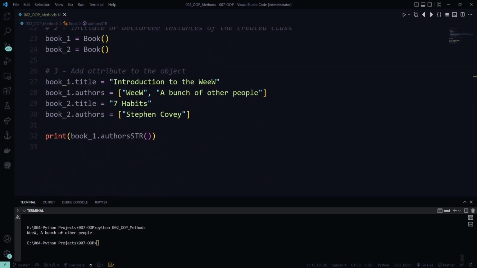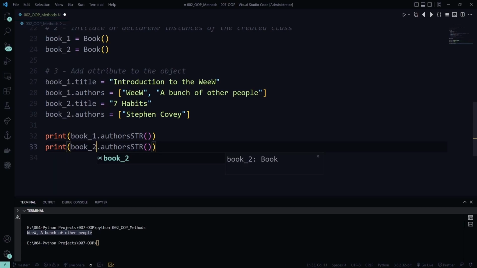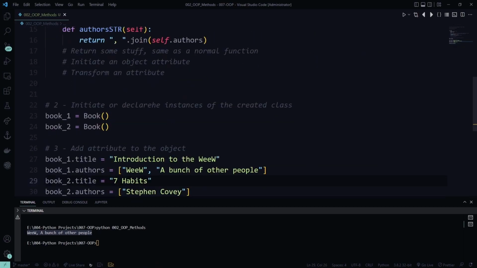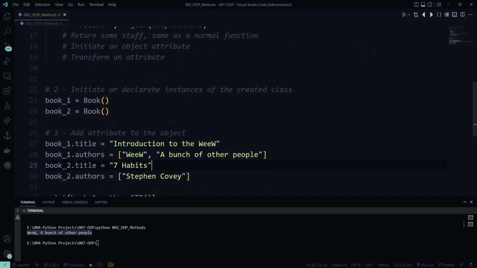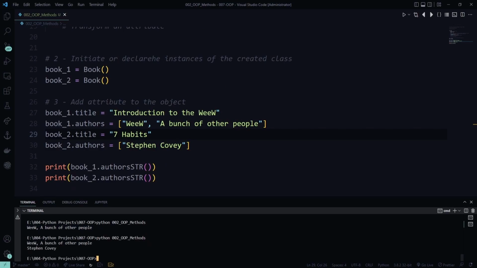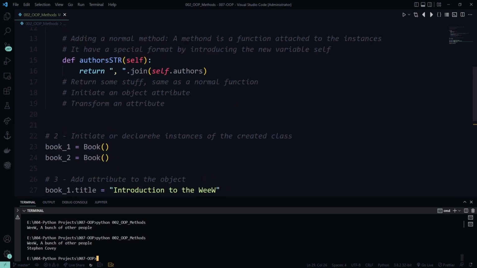Okay, so we do have this one. If I do the same thing for book 2, you guessed it, the method will go inside book 2, and there is only one person here. So let's try and run it again. We only have Stephen Covey, and the method just went to the data inside